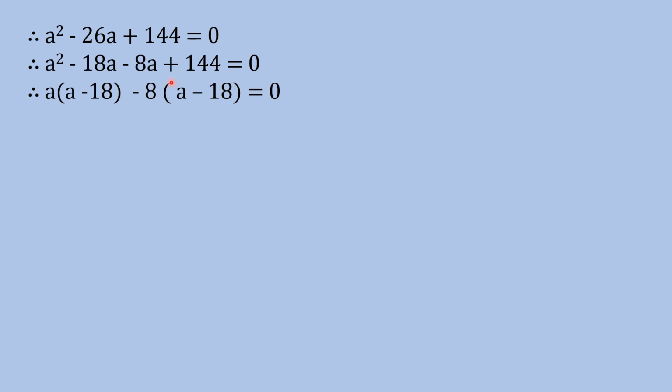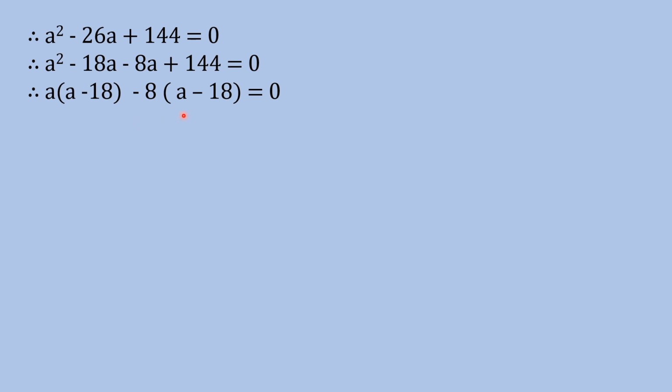Now from the second part, you can see no variable is common. So you can take 8. So minus 8 I took common, and what remains in the bracket? A from this term. So A. Now here is a plus sign, but I need this plus. So here already outside the bracket is minus. So minus into minus, then only I'll get plus. So in the bracket you have to put a minus sign. And 8 into 18 is equal to 144. So in the bracket will come 18.